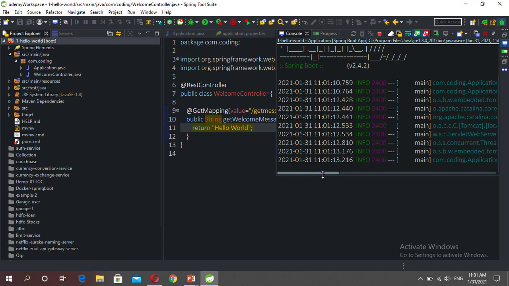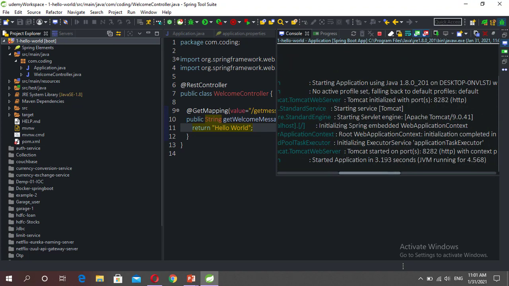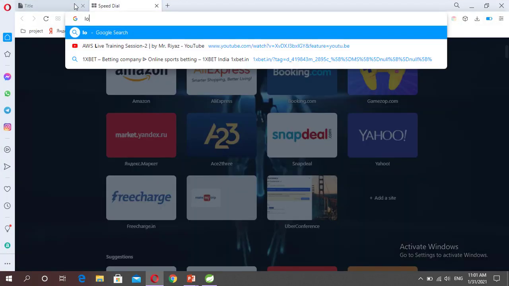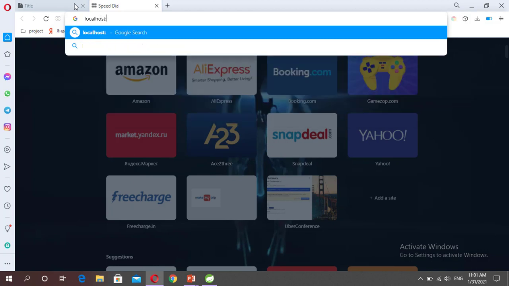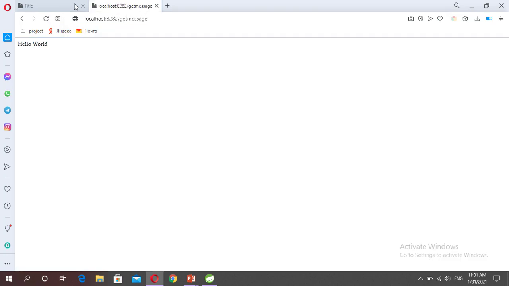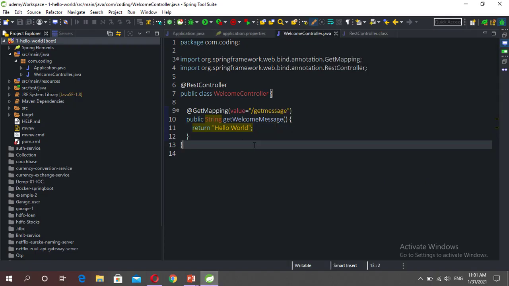So this application is running now, Tomcat started on port number 8282. localhost:8282/get-message.